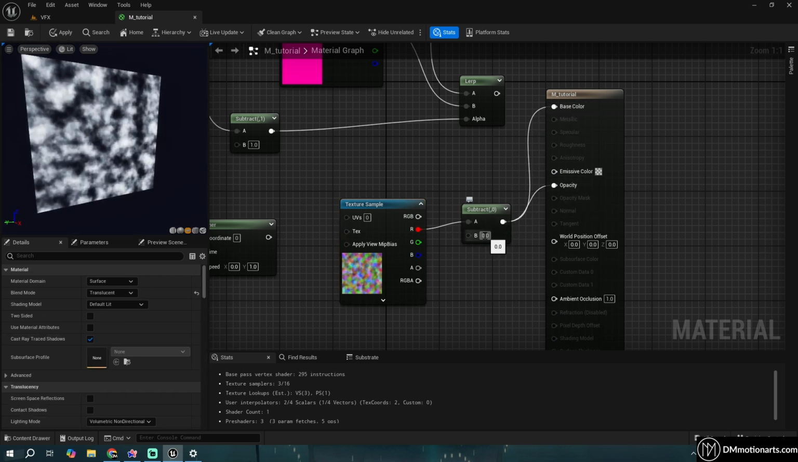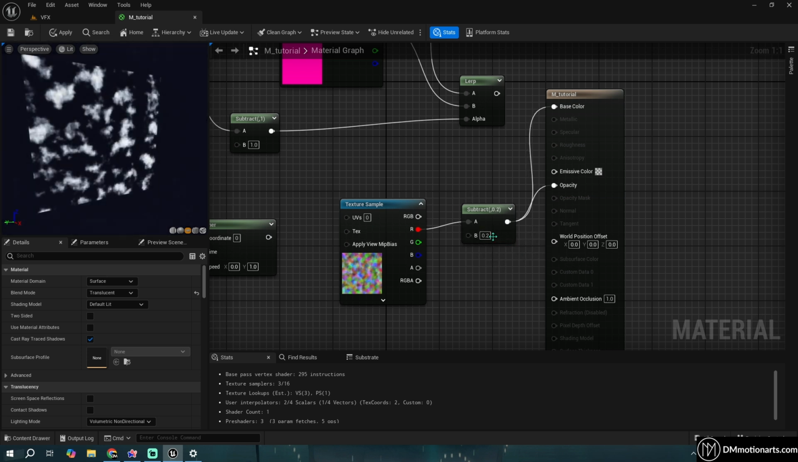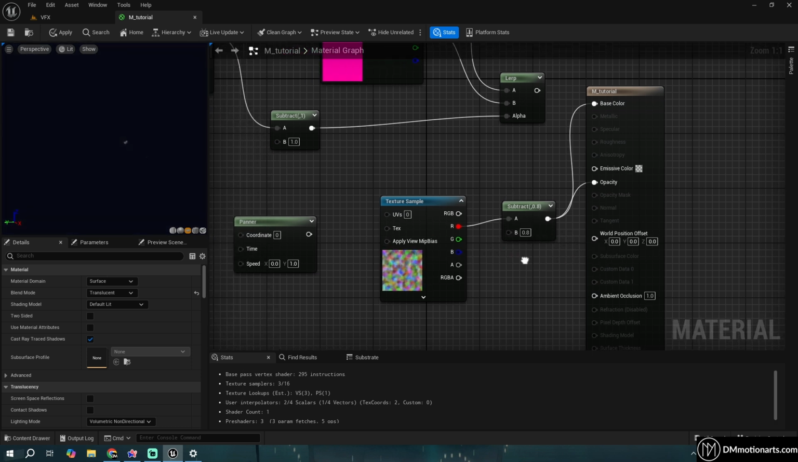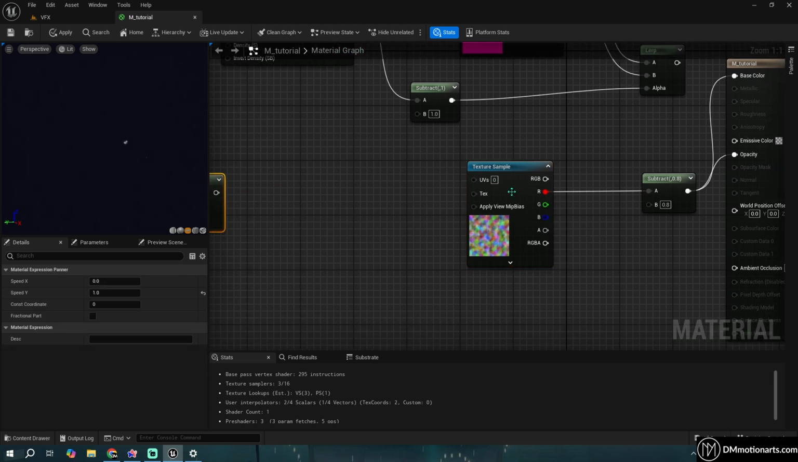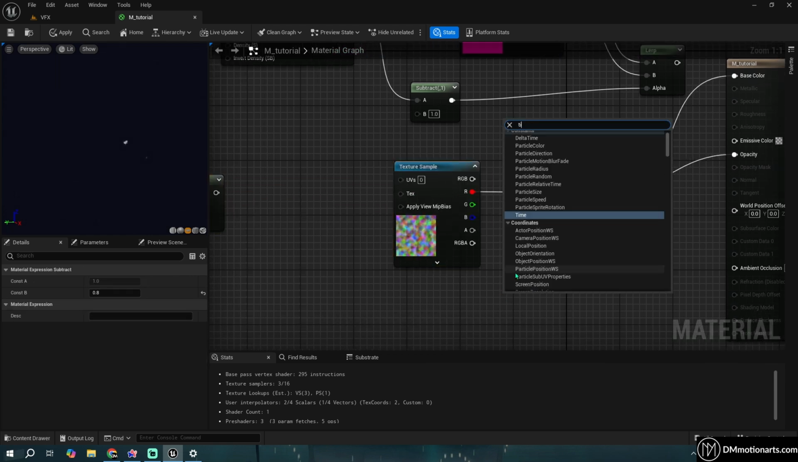Let's subtract 0, so no changes. Subtract 1, 0.1. It's removed some stuff. 0.2 removes more stuff. 0.5 removed more stuff. 0.8 removed more stuff. Which means that if you take a texture, you add, let's say, a time node, because